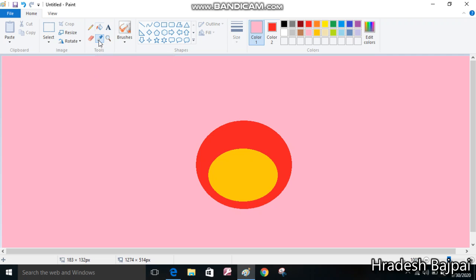I have chosen this color picker and now wherever you click, like see I have clicked on this yellow color. Now you can see the pointer has changed into the bucket and the yellow color is picked up from this particular shape. And if I fill here, then you can see yellow color is filled.